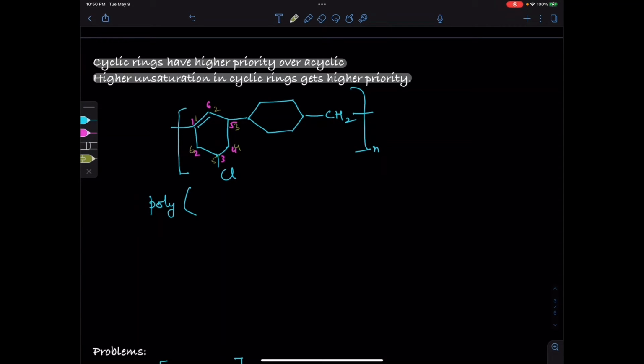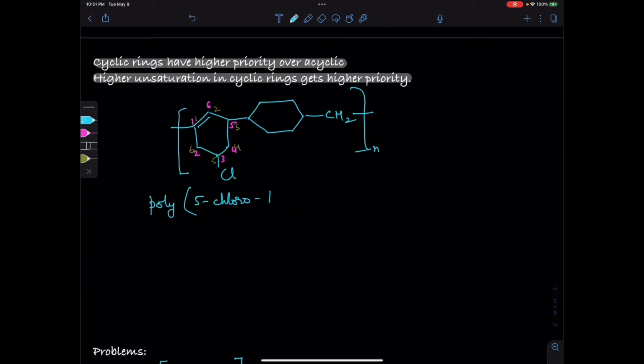So we start from where the unsaturation is, and we could go clockwise or anti-clockwise. If we go clockwise, then the connecting carbons get the number 1 and 3, which is less than 1 and 5. So we go with the lesser number for the connecting carbons. So that means chlorine gets the number 5. So that would be poly 5-chloro